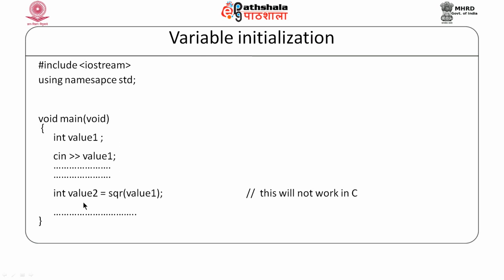Why? Because the value with which the value 2 variable will be initialized is not fixed, it would vary. When I give a different value to value 1, value 2 will be initialized with a different value. Let us say if I give 5 for value 1, value 2 will be initialized as 25. When I give 6 as a value of value 1, the value 2 will be initialized with 36. So, the value with which the value 2 variable will be initialized is varying. Therefore, this kind of initialization is called variable initialization. It is in general good practice to initialize the variable at the time of declaration itself.